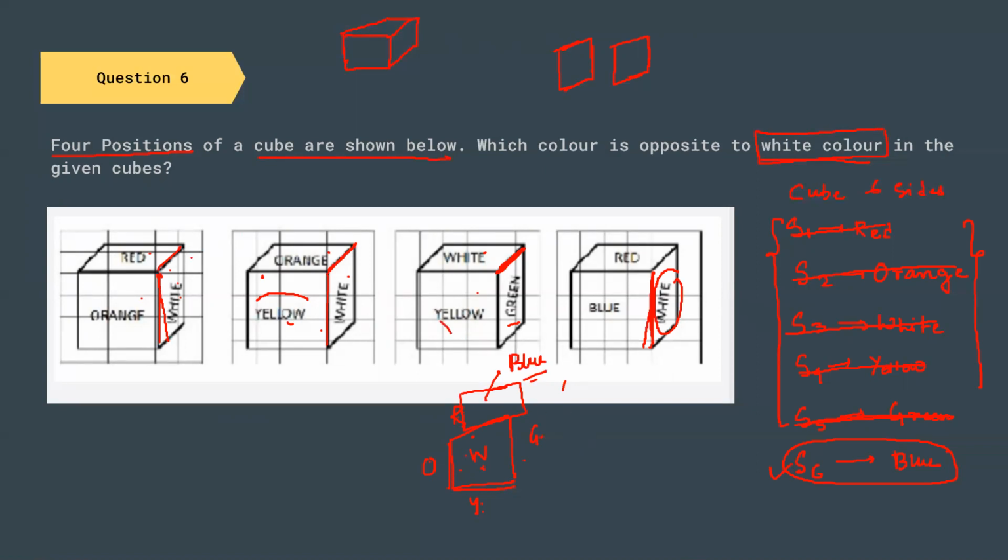But again, the process of elimination can be faulty because we started from the left-hand side and went to the right-hand side. We considered this cube first, then this cube, then this cube, and then this cube. If we had started from right to left, different sides would have been eliminated and the final answer would have been different. So according to my thought process, it should be blue, but this question is not correct because this is not matching with our final answer.